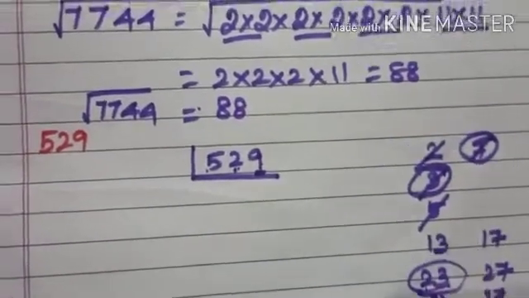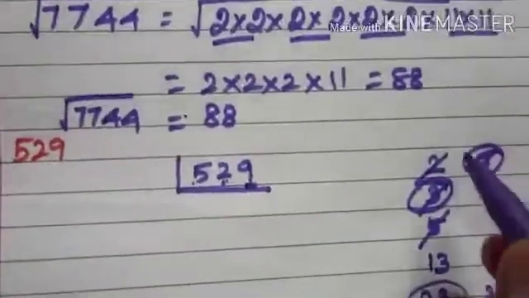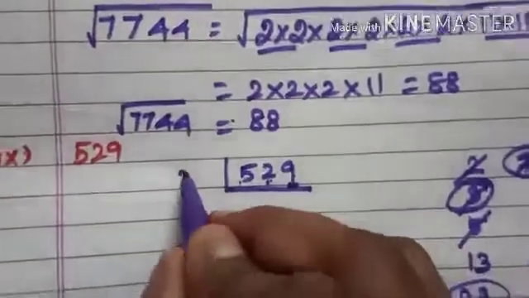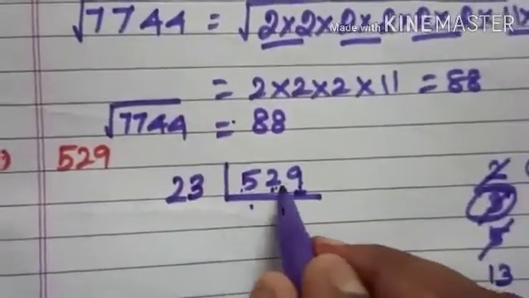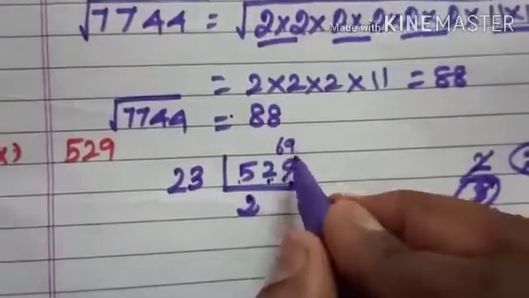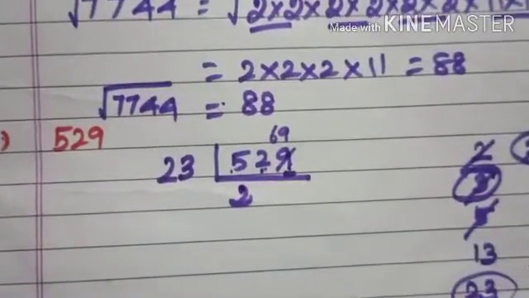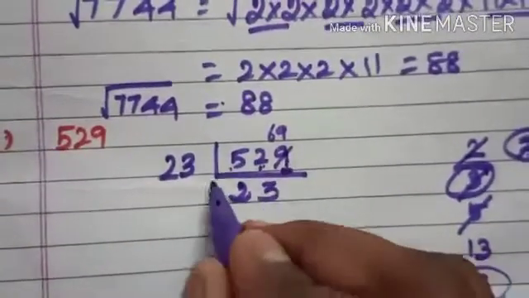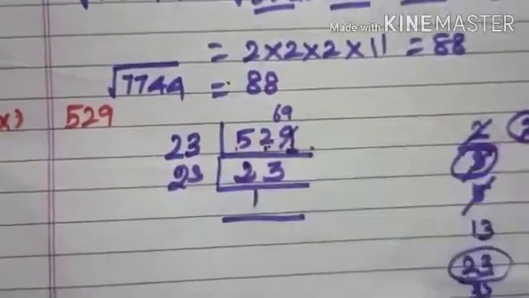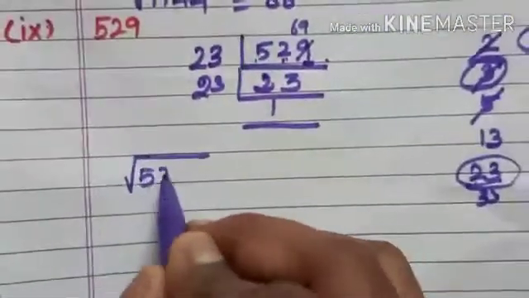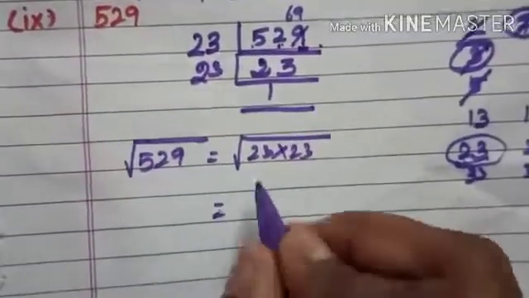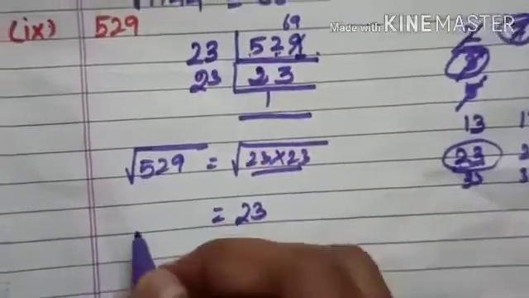Okay, 23 means you can check 23 here. 1 23 is 23, 2 23s are 46. Okay, so we take 23, so this 52 becomes 2 times. Remaining 6. So 9 becomes 69. So 69 means 3 times. Again you take 23, and you see that this is the perfect square of 23. So directly, the square root of 529 is equal to 23 into 23. So 23 squared means 23. You take 1.